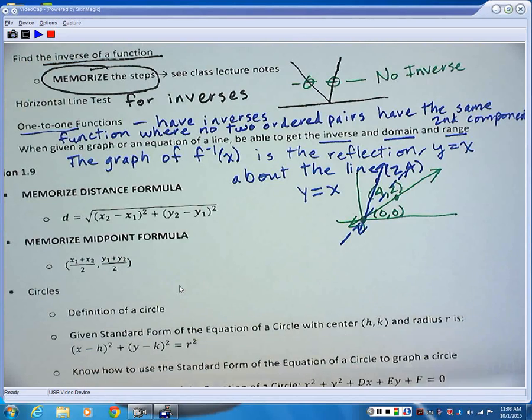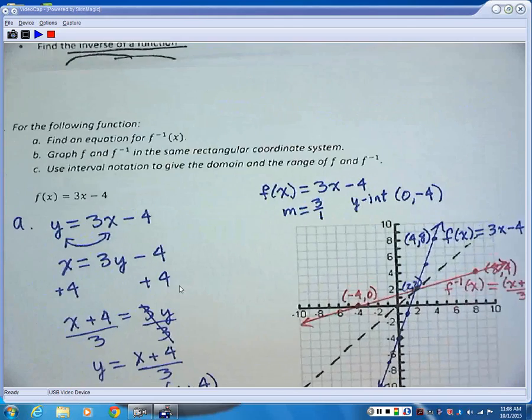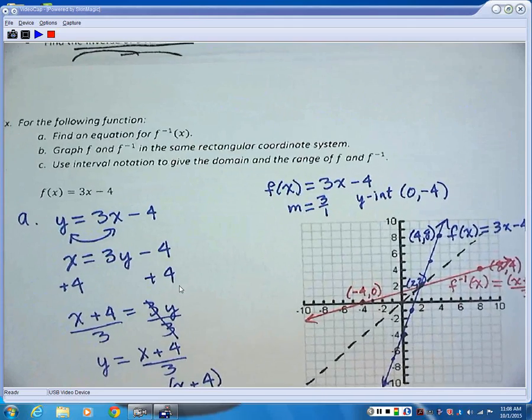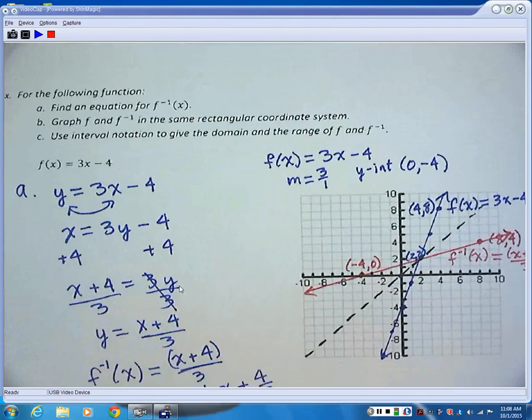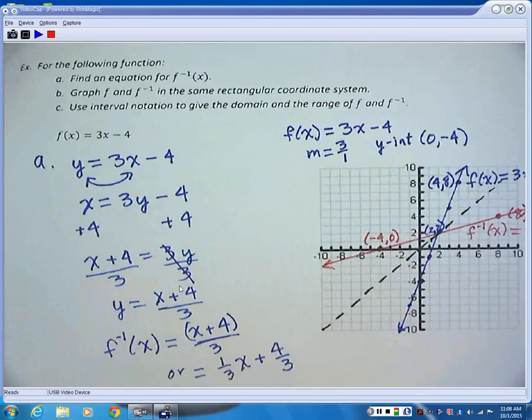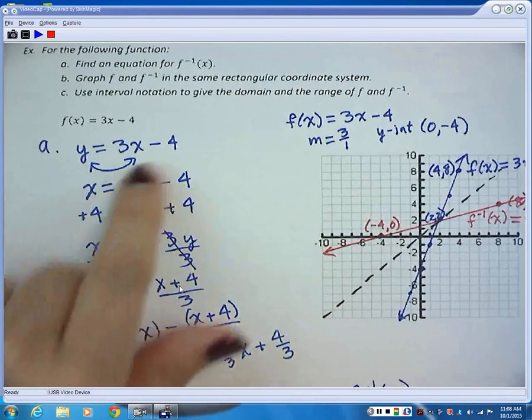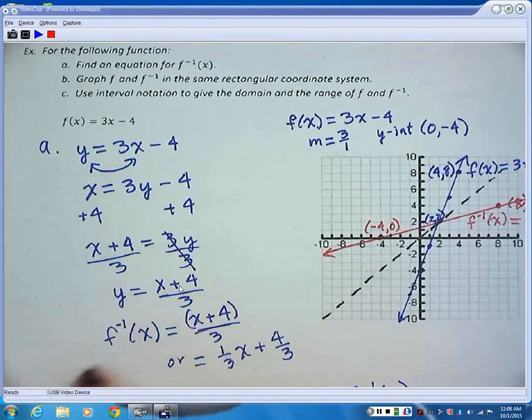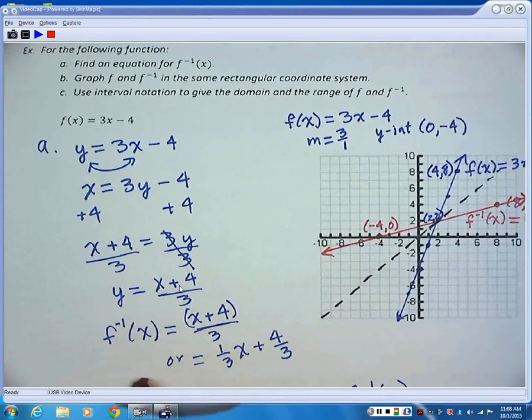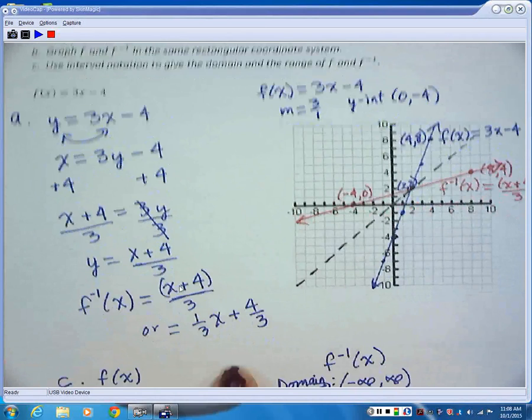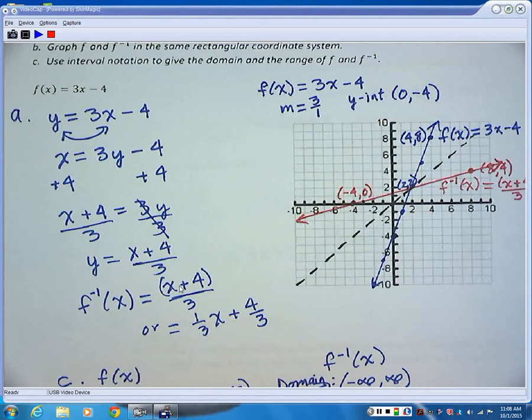Okay, and then here's another example like that. We made you find the inverse. This was in the notes. We found the inverse using the steps. We solved for y. And then it was kind of hard to plot 1/3 x plus